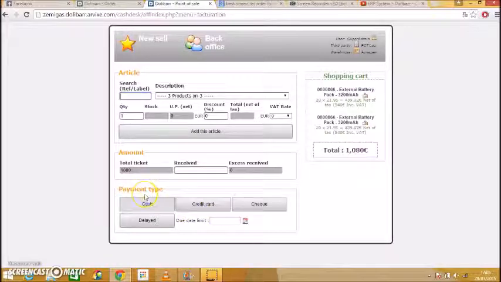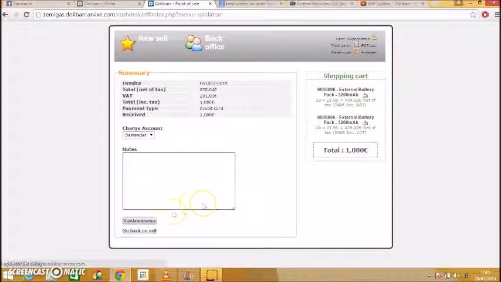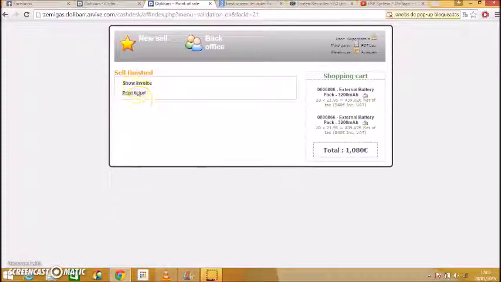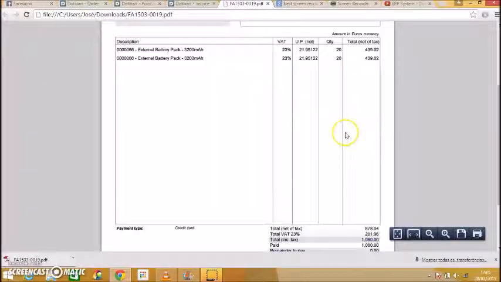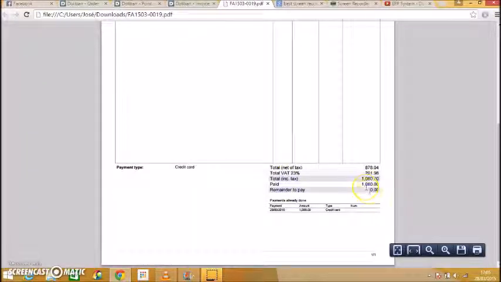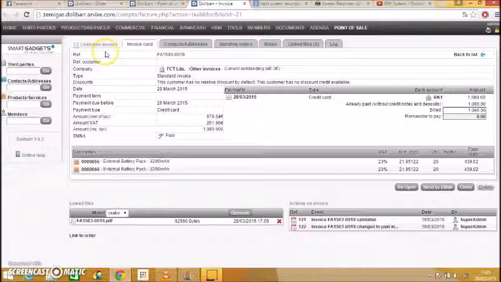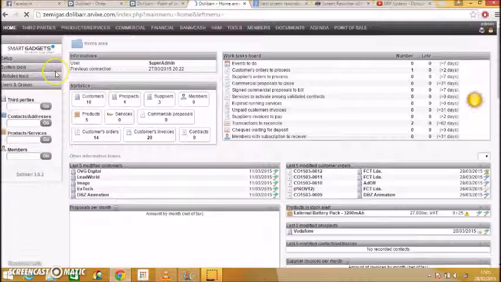Now click on payment type, credit card, validate invoice, and click on show invoice. As you can see, here is the PDF file with the invoice for the client that shows that the client already paid the total amount of the order. Now we still need to go to the Home tab